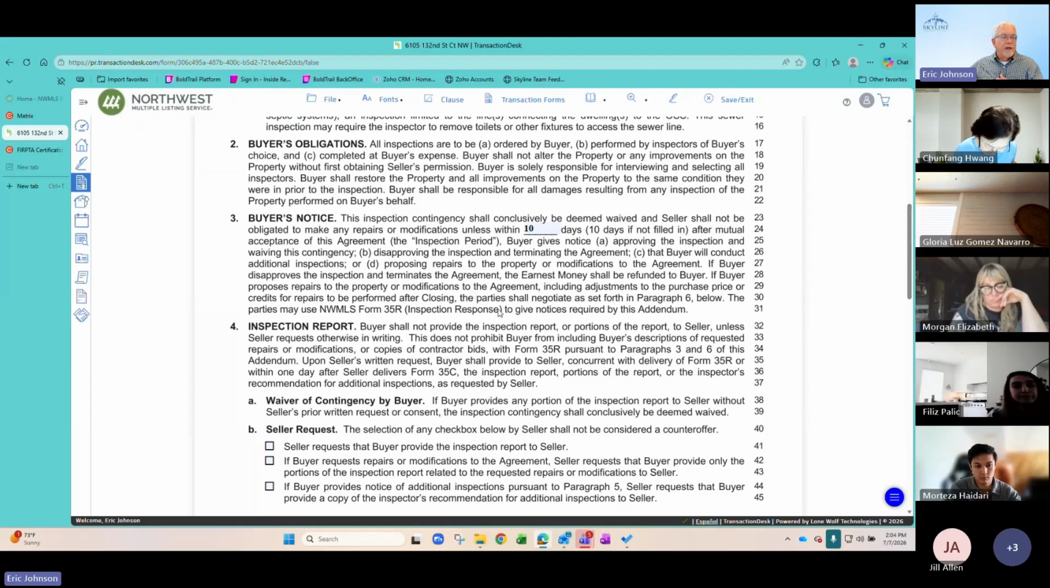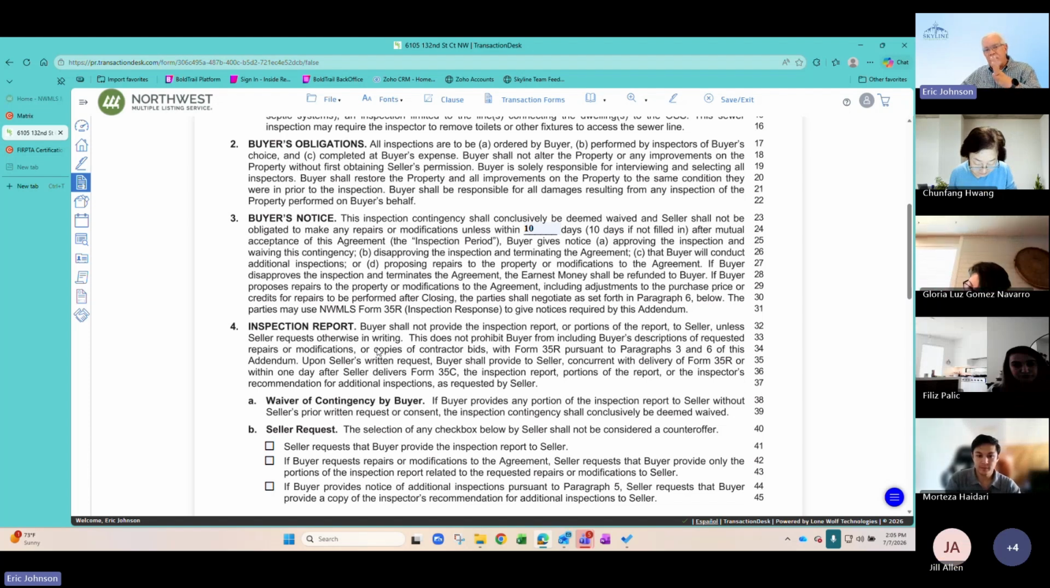Here's the most important thing I'm going to tell you about this form, though. We're going to drop down a little bit, and that is right here. The buyer shall not provide the inspection report or portions of the report to the seller unless the seller requests otherwise in writing. They can request it right down here in writing in 4B, or they can do a Form 35C, which C stands for consent. But if they don't give you that, do not, under any circumstances, give a portion of the inspection report to the listing broker or the seller,